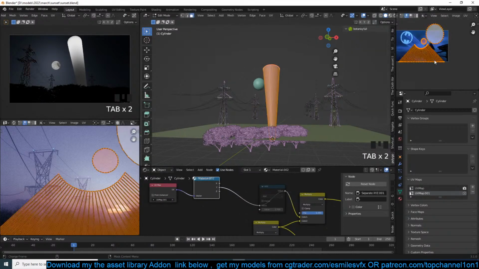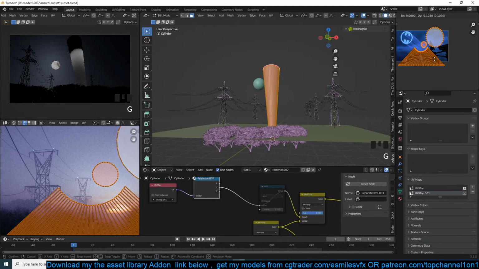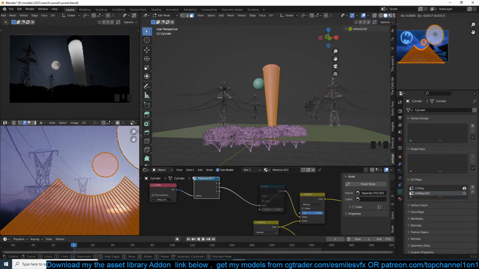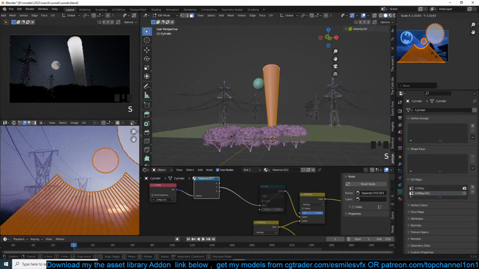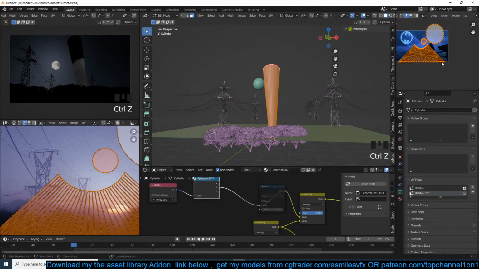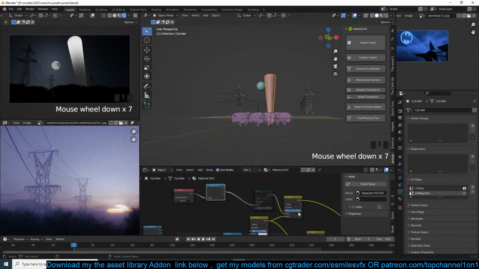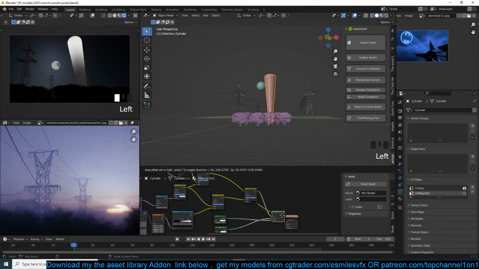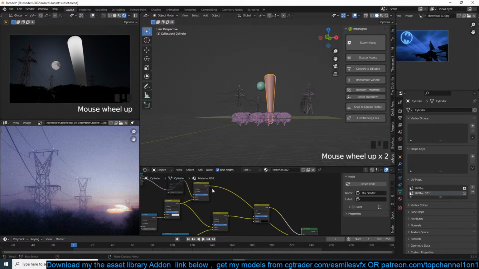I can even just move this around to change the position of the gradient, scale it up. Let's see how this is looking. Now,